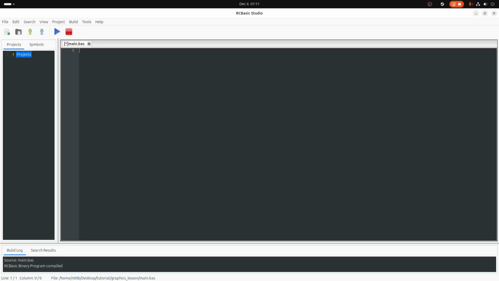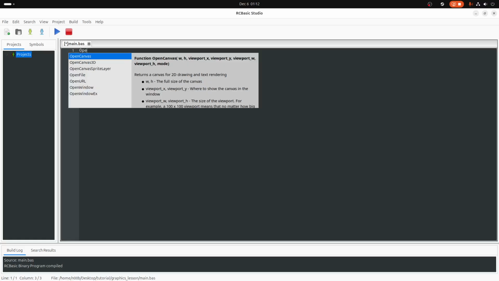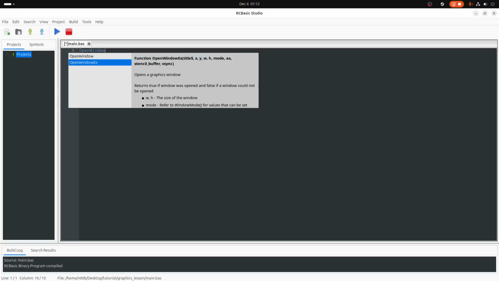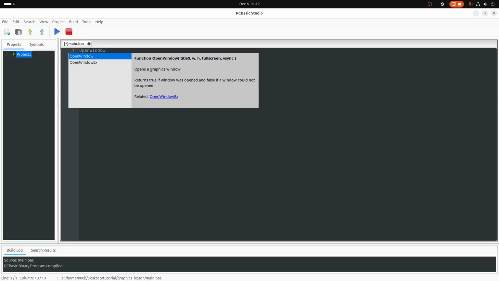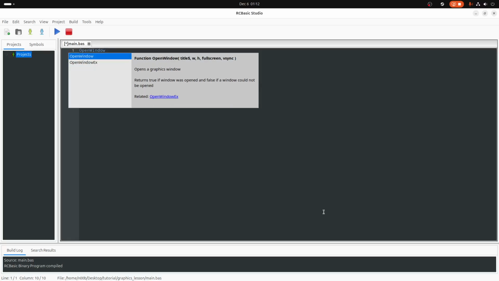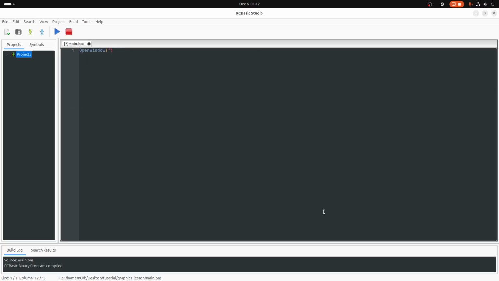And every graphics program in RCBasic, you need to start by creating a window. So we can just go to open window, and there's two open window functions. They're open window and open window EX, and you can scroll through this and see the differences. We don't necessarily need EX. It just gives us more options for when we open a window. We're just going to go with the normal open window function,